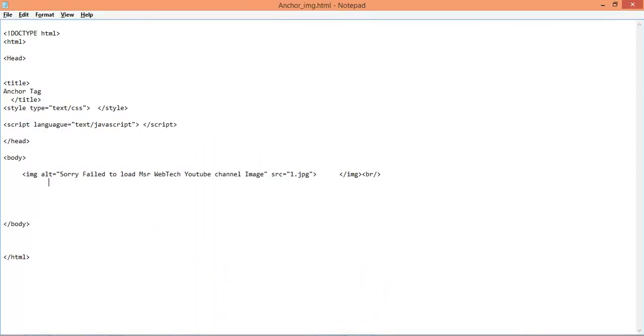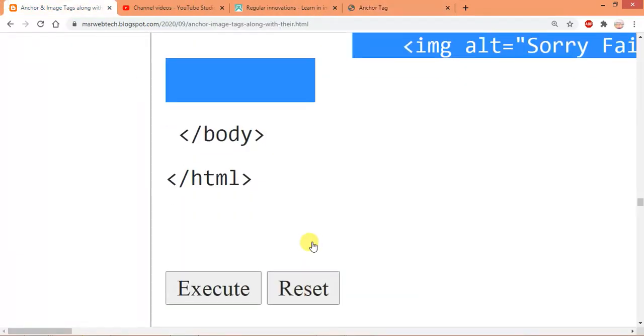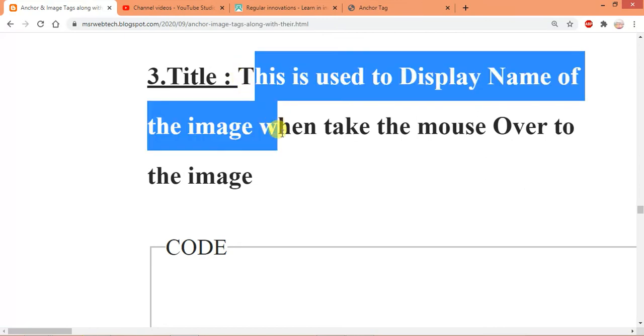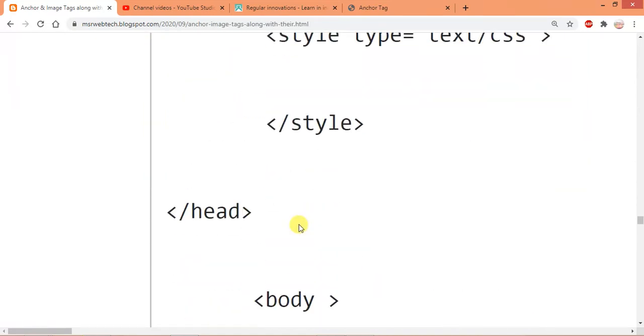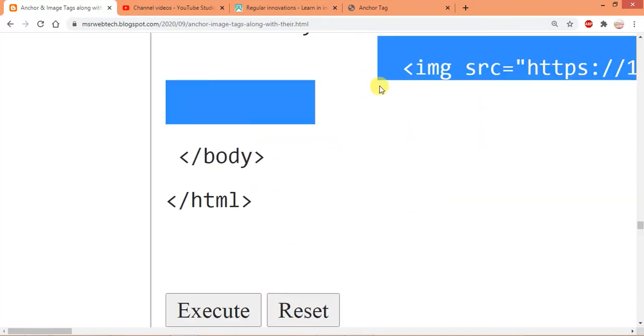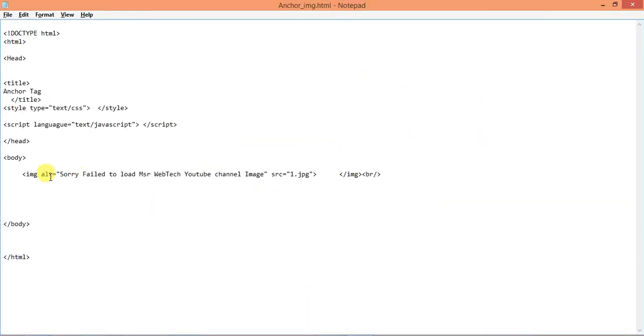The next attribute will be the title attribute. I will show you how the title attribute works. The title attribute means that when you take your mouse over the image, it will give you information regarding that image. Let me show you the coding. Instead of alt, here we use title.